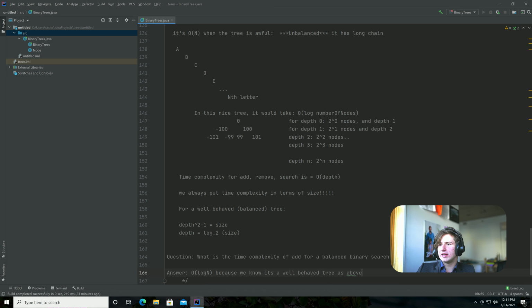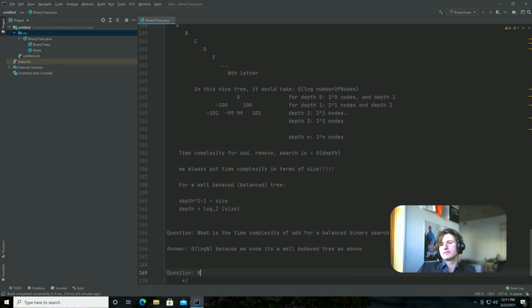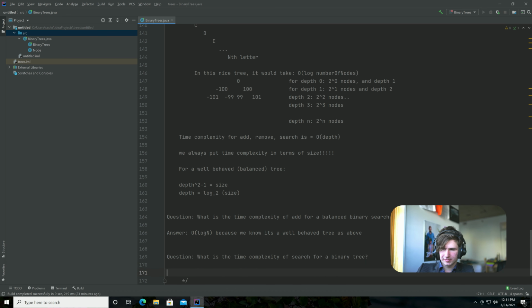Right? Now, if I just said, question, what is the time complexity of search for a binary tree? Asking this, well, what's the answer? It's log n. Well, not quite. The difference here is actually between the idea of balanced and just binary tree. When we just say binary tree, it's going to be O of n, because technically,